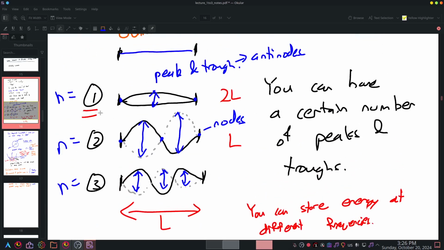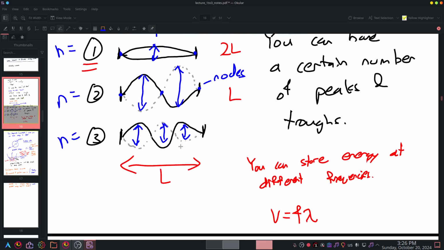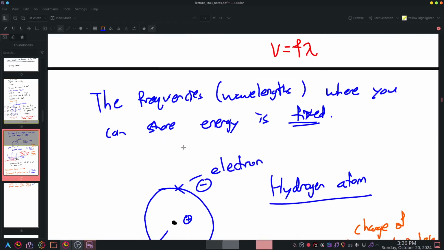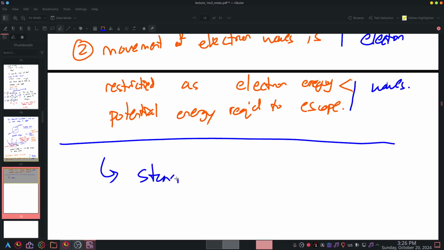Like a guitar string, as long as you have waves and you restrict their movement, you will have standing waves. Once we have standing waves, the wavelengths and frequencies get restricted, and once you have that restriction, you have fixed energy levels. I want to summarize here. Once you have standing waves, the consequences: